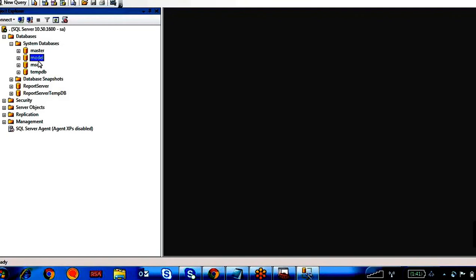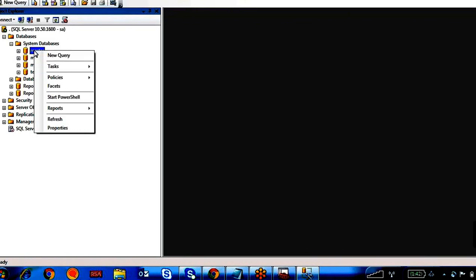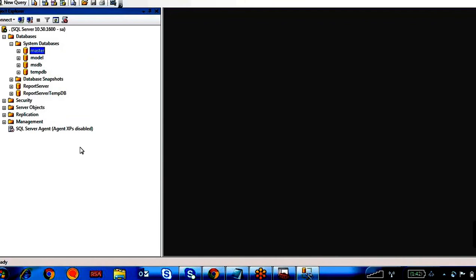It checks whether the username and password you provided match what already exists in the master database. If they match, then you can log in. If you delete the master database, you can't log into SQL Server Management Studio. Got it?